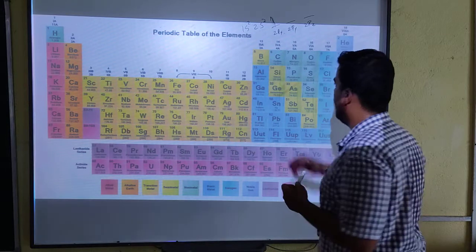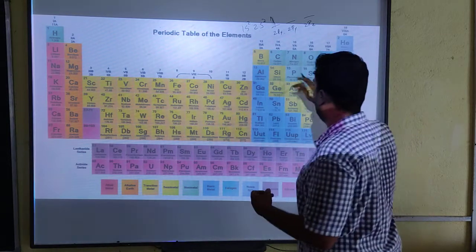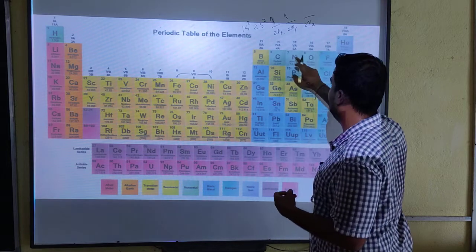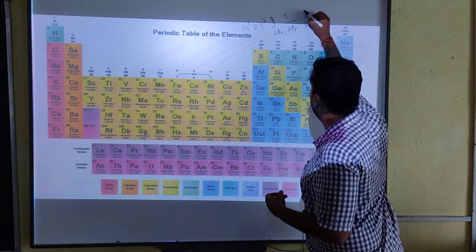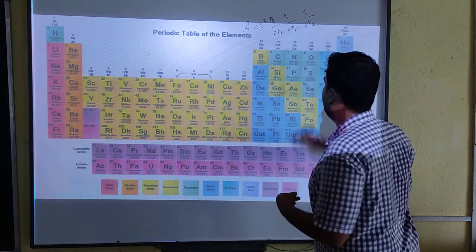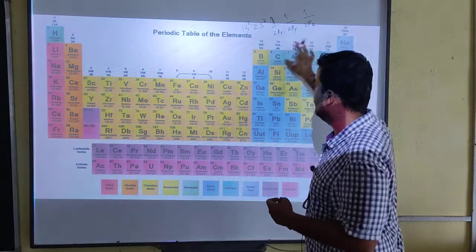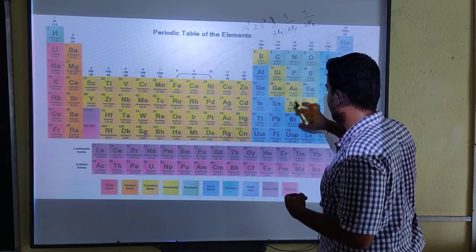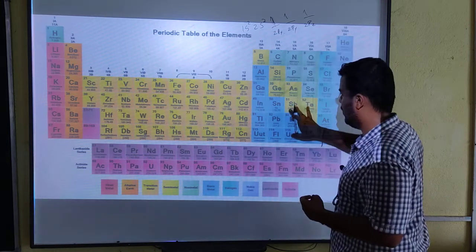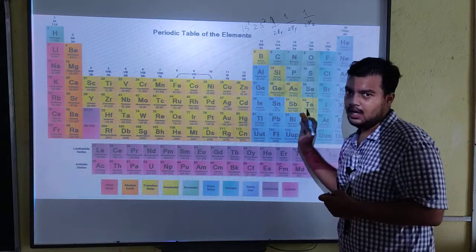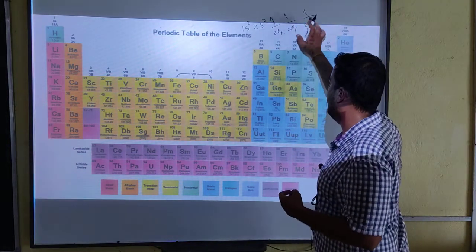So coming to carbon, there are 6 electrons, so one more electron will go to the 2py. In nitrogen it is 7 electrons, so one more goes to the 2pz. Now the p orbital is half filled, so this is extra stable. Therefore nitrogen, phosphorus, arsenic, antimony, bismuth, these 5 elements are extra stable compared to the rest of the p block elements because of their half filled orbitals.